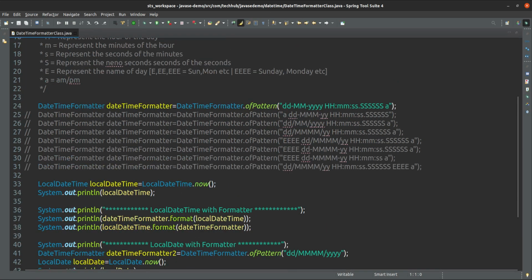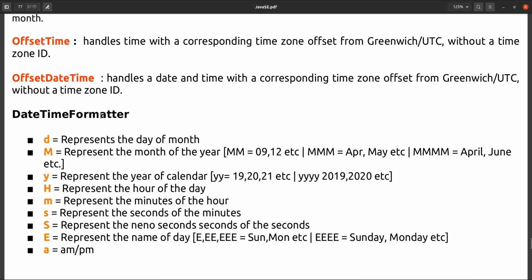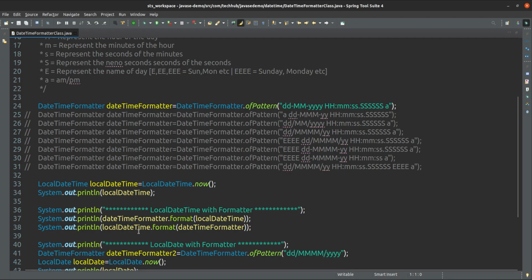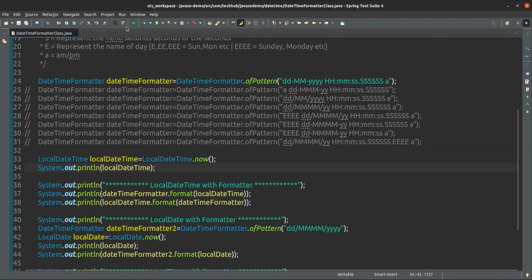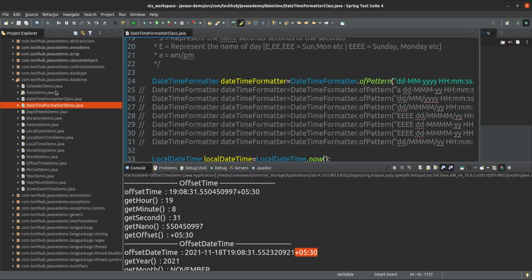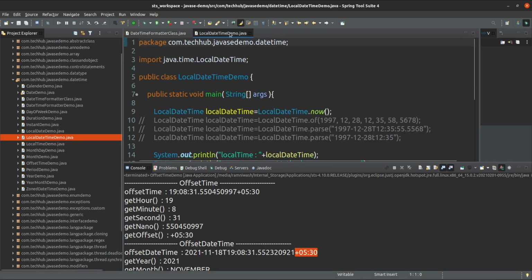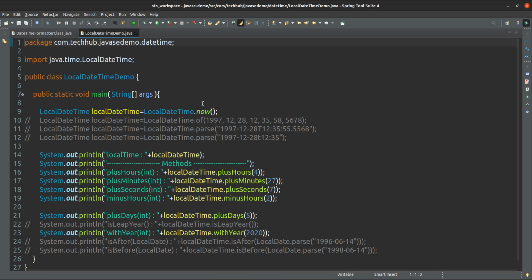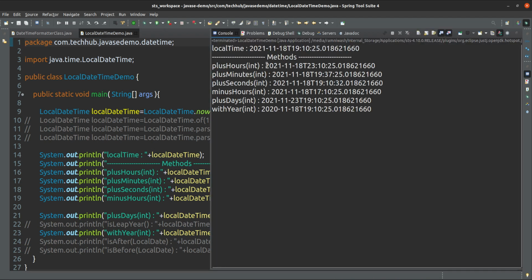Date time formatter means currently whatever local date and time we are seeing is not formatted as per your user convenience. If I run this local date and time, see, this is a local date time, it is very difficult to read.